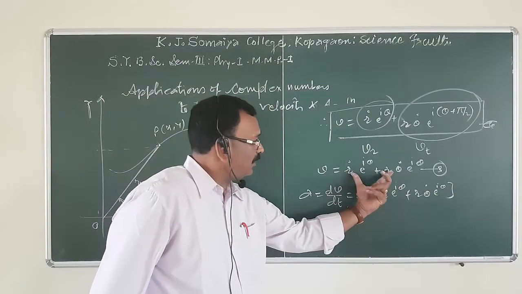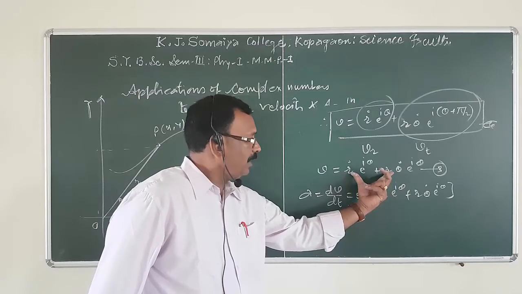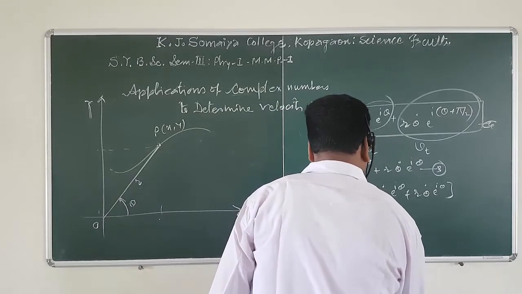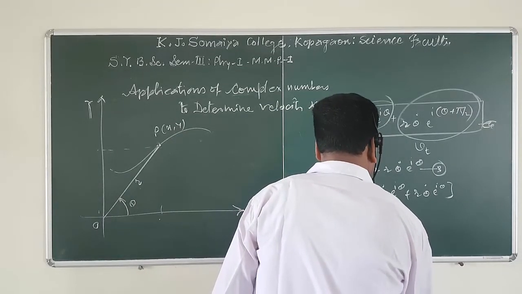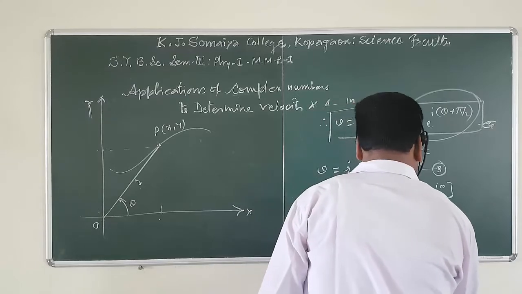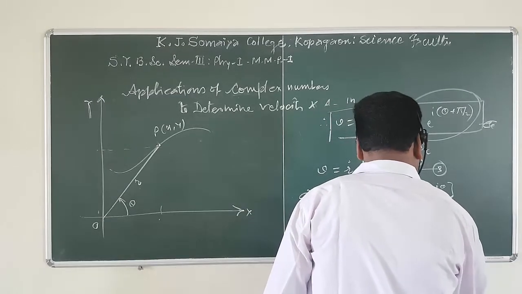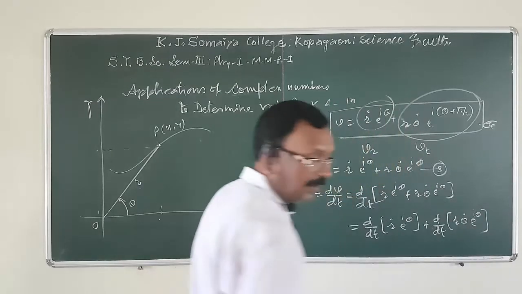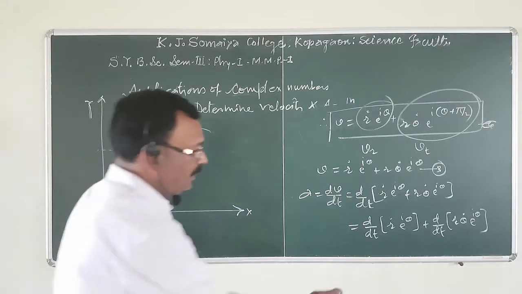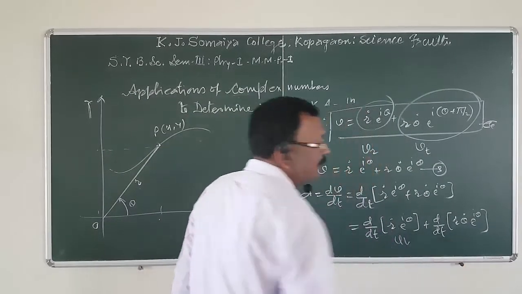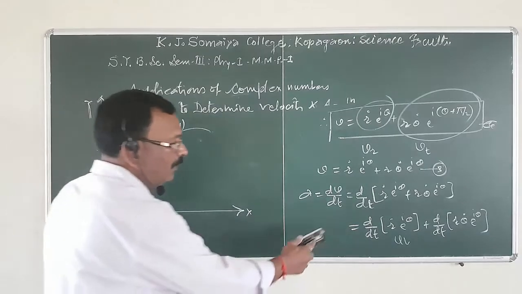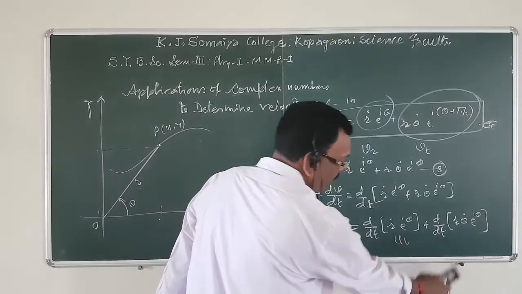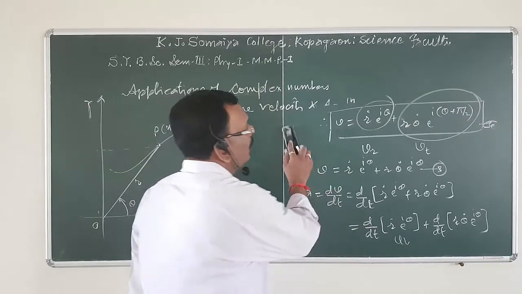This equation gives the differentiation of this term with respect to time, or we simply write d by dt of first bracket r dot e raised to i theta plus d by dt in bracket i r theta dot e raised to i theta. Okay. Now, in order to solve these two terms, here use UV rule and here use UVW rule. When we differentiate this equation according to UV rule, and when we differentiate this term according to UVW rule, we have